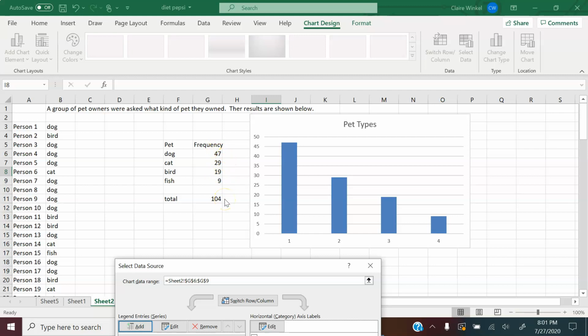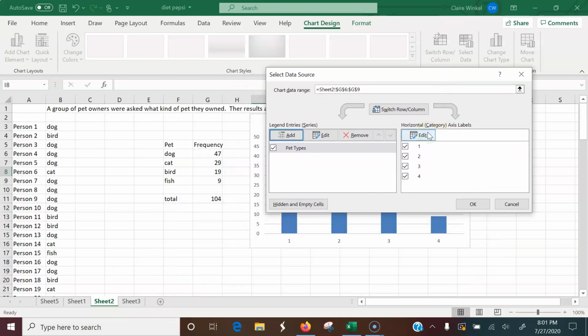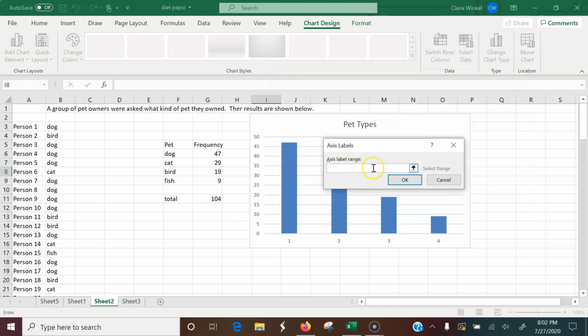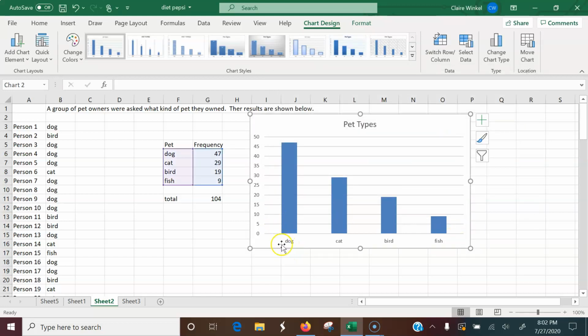different rows. Excel automatically labels each column with just the number row it came from, but that doesn't mean anything to us in terms of the data, so we'll go to Horizontal Axis Labels and click Edit. For the axis labels range, we actually want to label the type of pet. So I'm going to highlight dog through fish, click OK on all of this, and you'll see that you've got